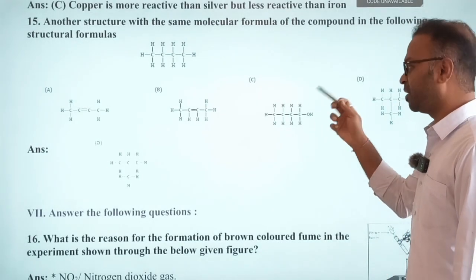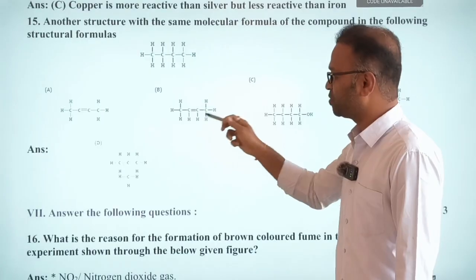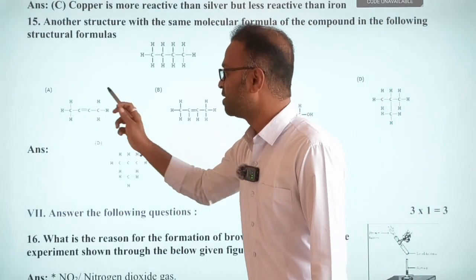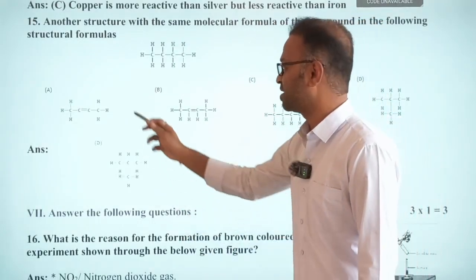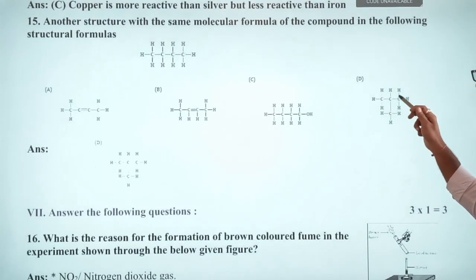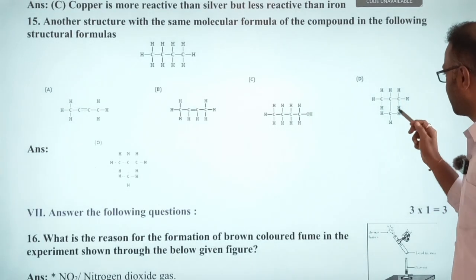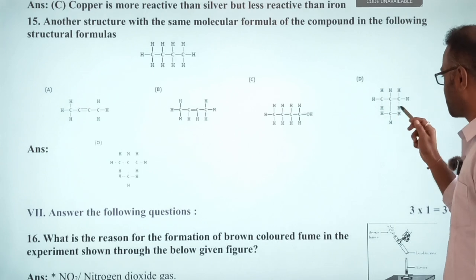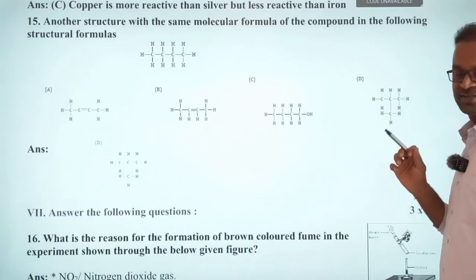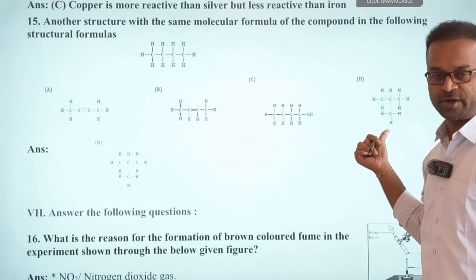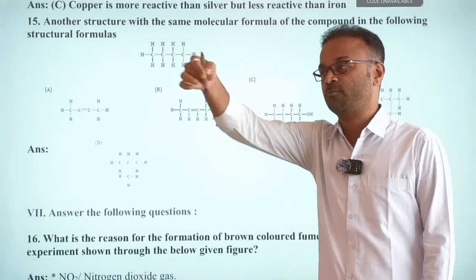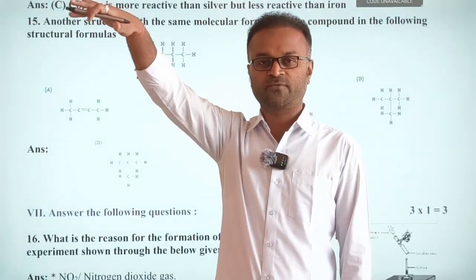Here OH is there, so it will not fit. Here a double bond is there, so 2 hydrogens are fewer, only 8 hydrogens, and the molecular formula will not be right. Here a triple bond is there, so 4 hydrogens are missing, only 6 hydrogens are there. That is also not the correct molecular formula. But here there are 4 carbons, and hydrogens 1, 2, 3, 4, 5, 6, 7, 8, 9, 10. They match. First write the molecular formula and match it with a different structure. This is n-butane, and this is isobutane. They may ask for the structural isomers of butane for 2 marks, or write the structural formula for butane, or for pentane, and so on.